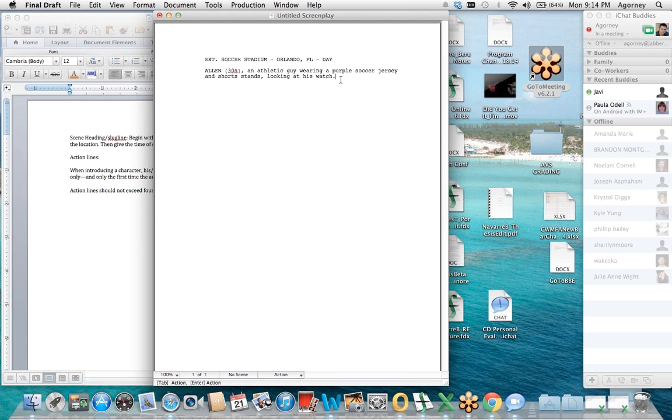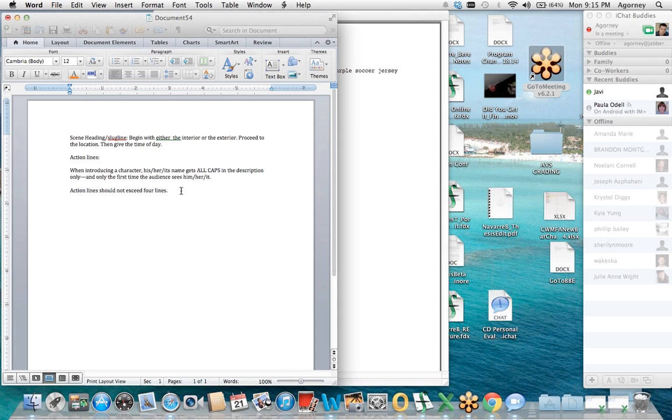Now, notice how short and sweet that is. We have the image of this guy standing outside the stadium wearing a purple soccer jersey looking at his watch. Why is he looking at his watch? That is his behavior. That is the thing that we know. He is looking at his watch because either someone is late, or he is late, or he's waiting to see when the game is going to begin. So what I've given here is a short description and a defining action. Introduce characters with a short description